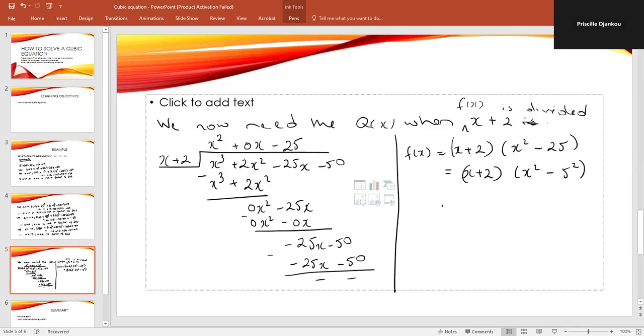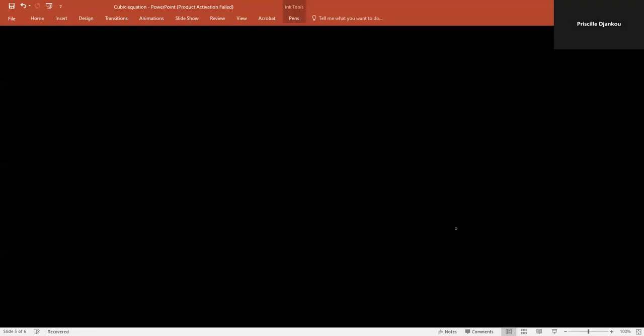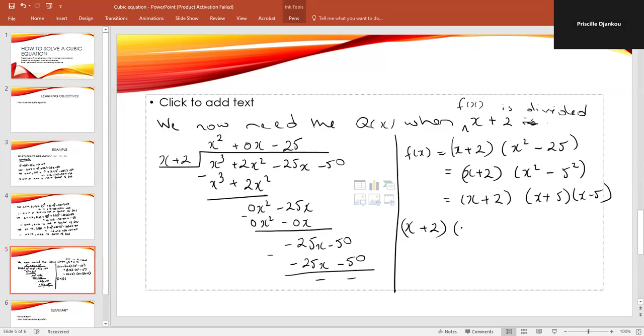Remember, you can see here that we can rewrite this as x squared minus 5 squared. This is the difference of 2 squares. So this makes our life pretty much easy. So we're going to have x plus 2 times x plus 5 times x minus 5. Remember, our goal is to solve this cubic equation. We've already factorized now our cubic equation. Now, remember our equation, we can rewrite our original equation after factorization as x plus 2 times x plus 5 times x minus 5